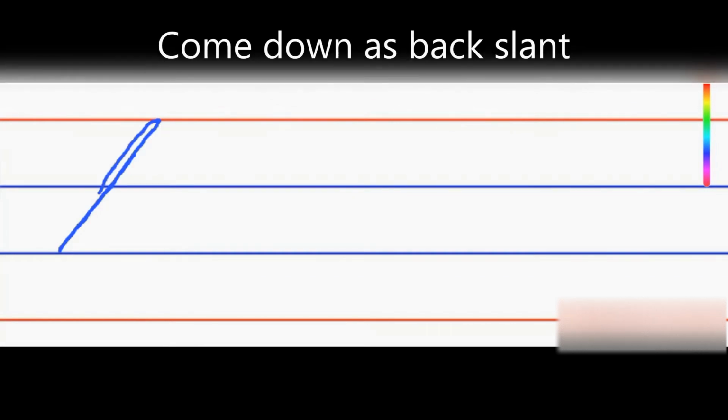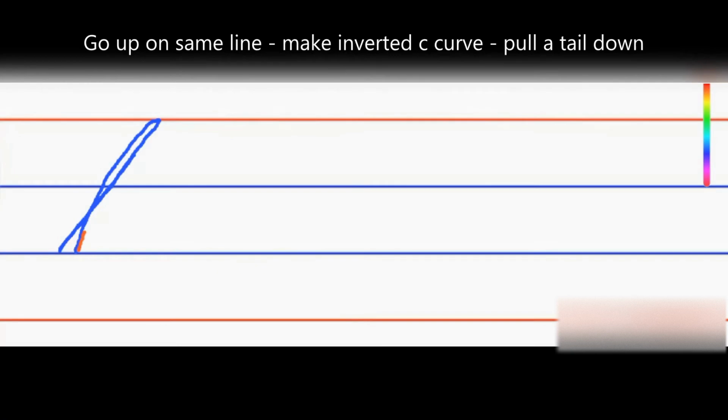The alphabet for today is K. So let us start with a slant line, going from the blue line upwards till the red line, coming down as a back slant, just like L. Stop at the blue line, go again up on the same line,